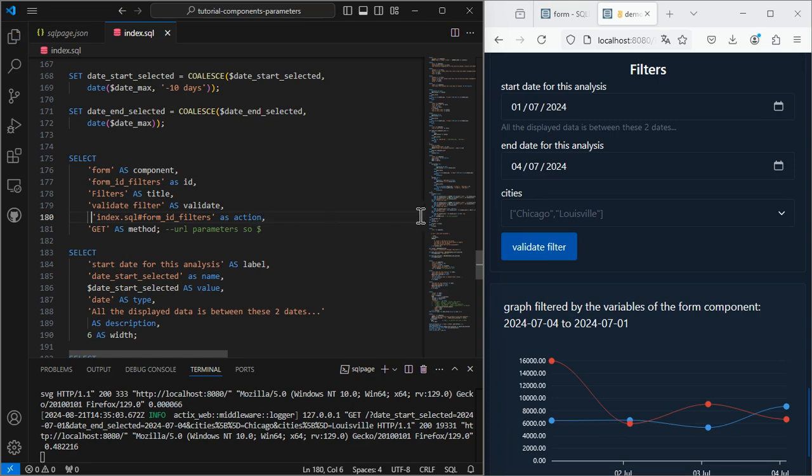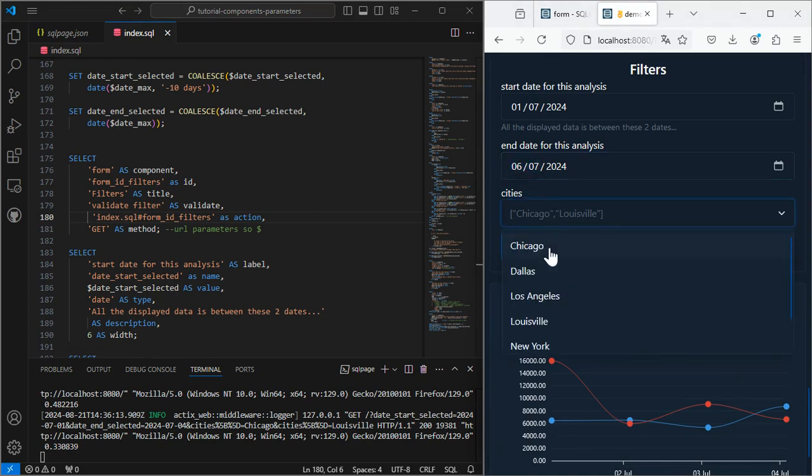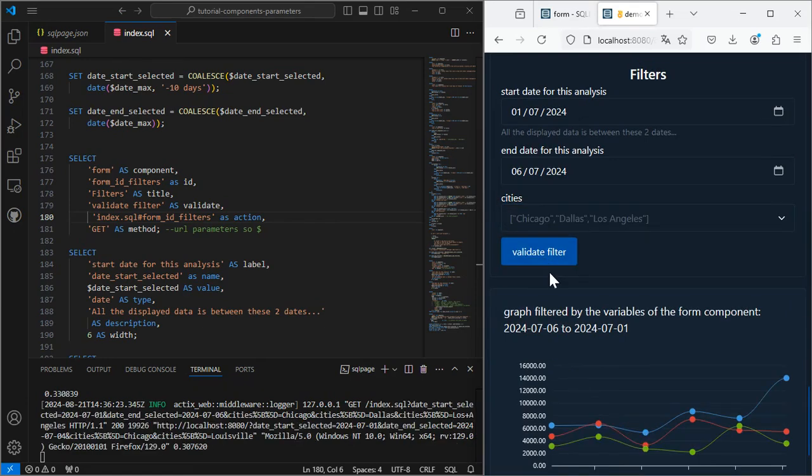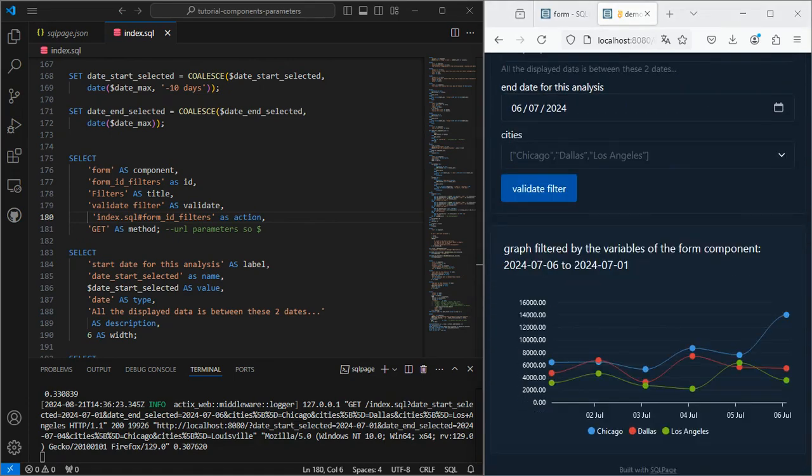Let's see if it works. When we clicked the validate filter, we remained on this part of the page. We've just created a form with get variables, default values, and a chart that can be filtered accordingly.